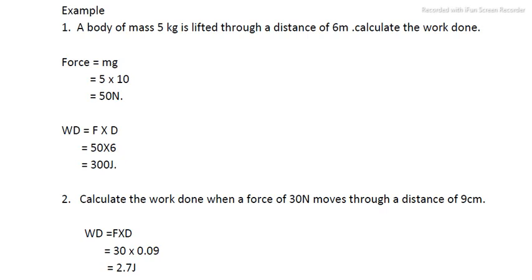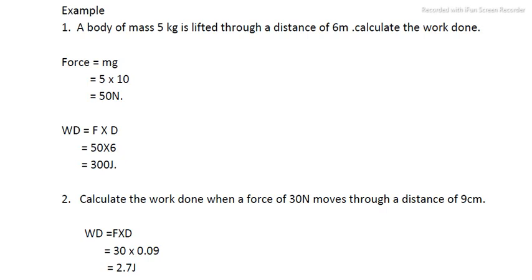So this time round we are given the force, but if you look at the distance, it is in centimeters, which requires us to first change to meters, because we must carry out calculations using the SI units. So we shall change the 9 centimeters to meters by dividing by 100,